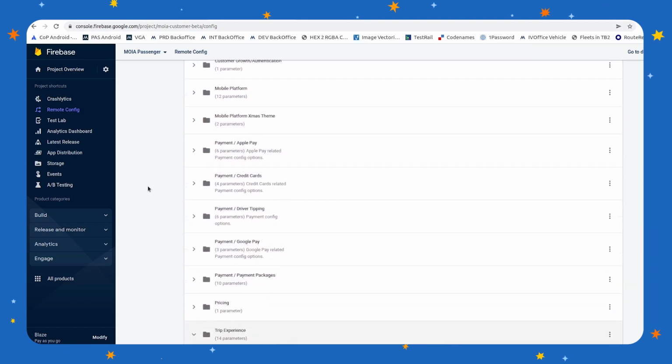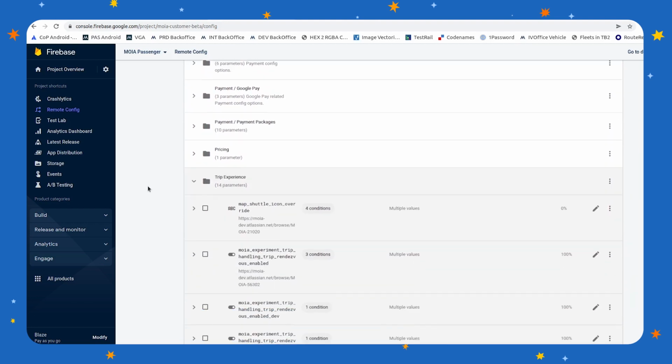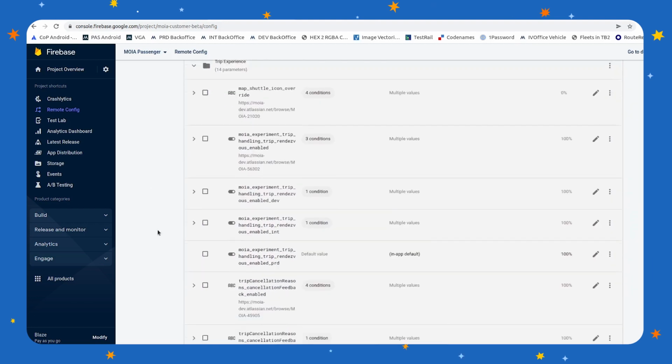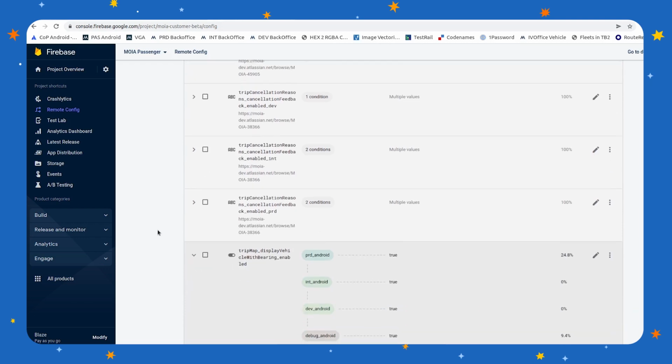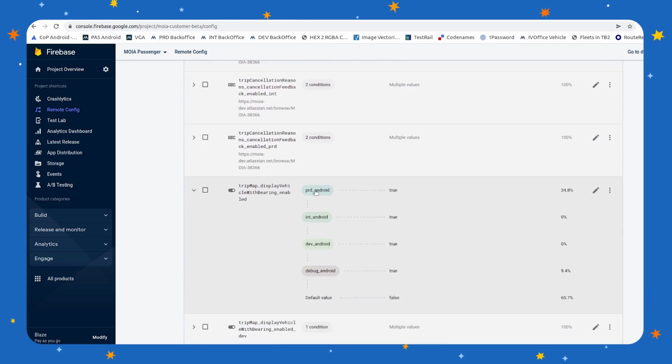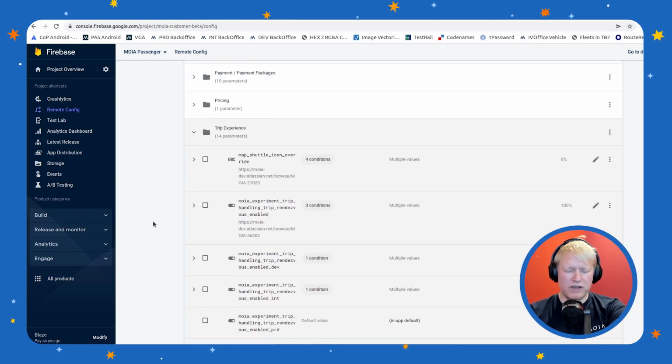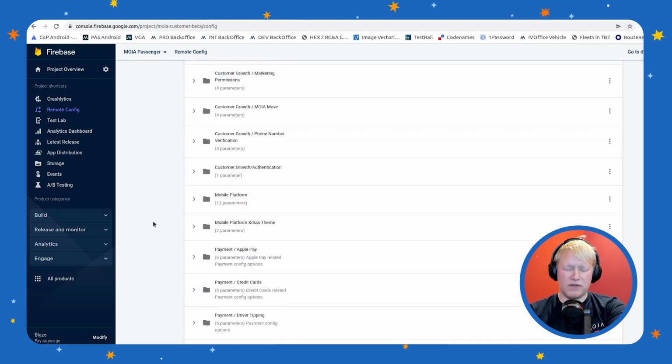And yeah, we have quite some there. Also setting different values for different build types. For example, for production, for integration, or debug build type, and so on, both for Android and iOS. Basically, every new feature we build behind a feature flag, and then it ships early on, even in the app